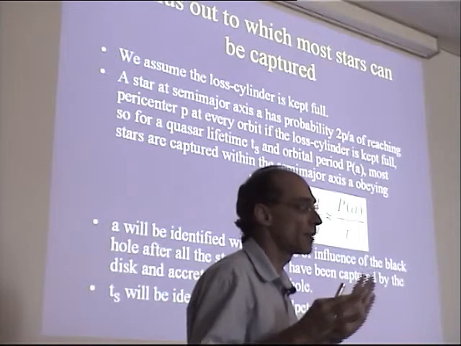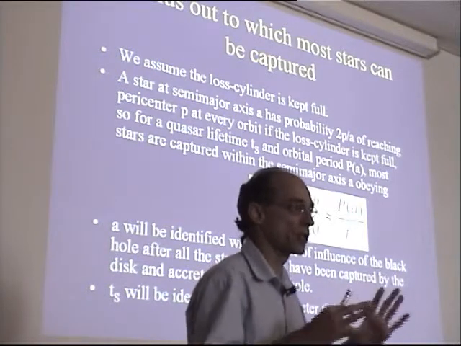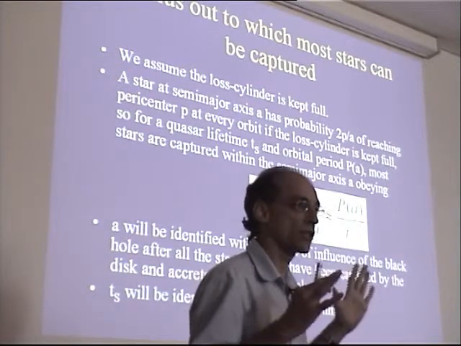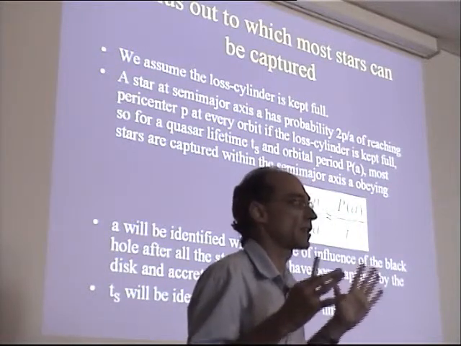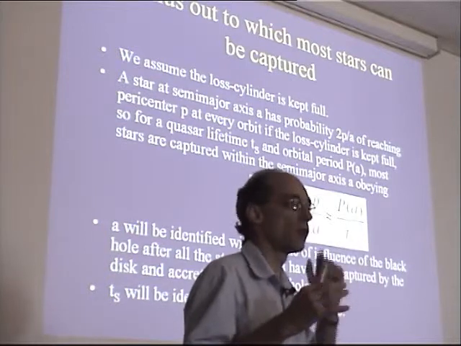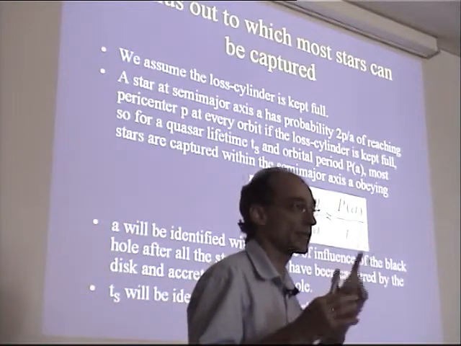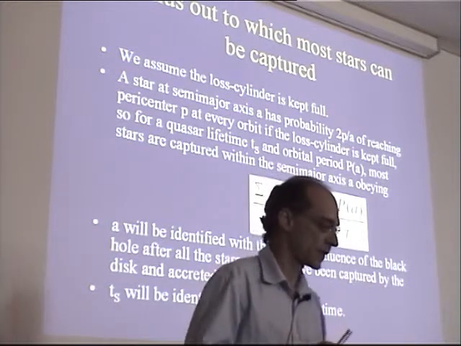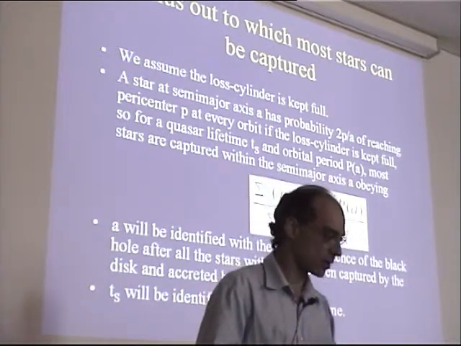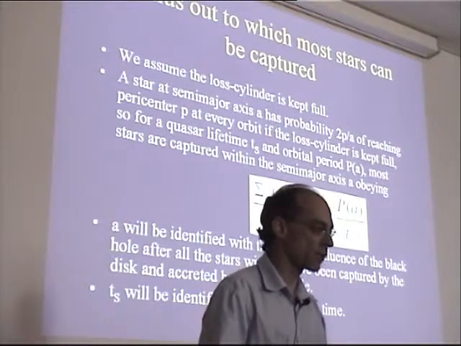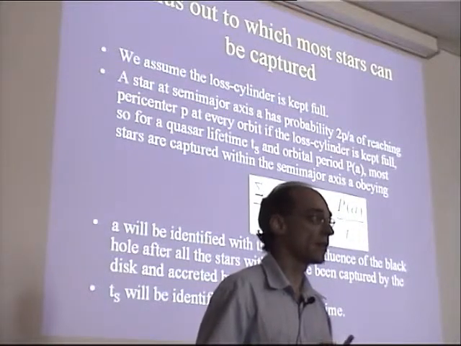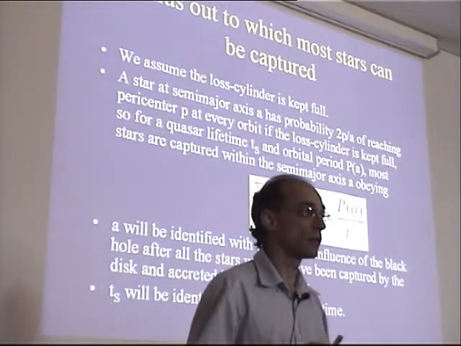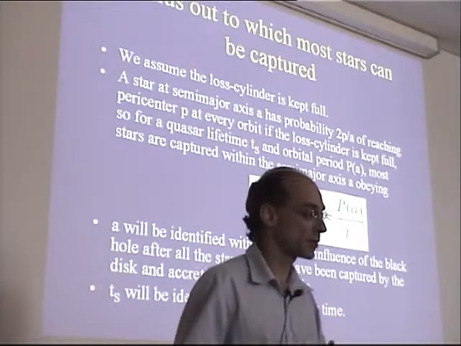So the quasar will live for a certain time during which the disk has to be continuously replenished. And this time, this age of the quasar, is the amount of time that the star has available to just undergo random variations of its orbit, and sometime during this period find the loss cone and be captured. You put all these conditions, the age of the quasar is essentially the Salpeter time, the time it takes for the black hole to double its mass at the Eddington luminosity with an efficiency of about 10%, which is about 50 million years.